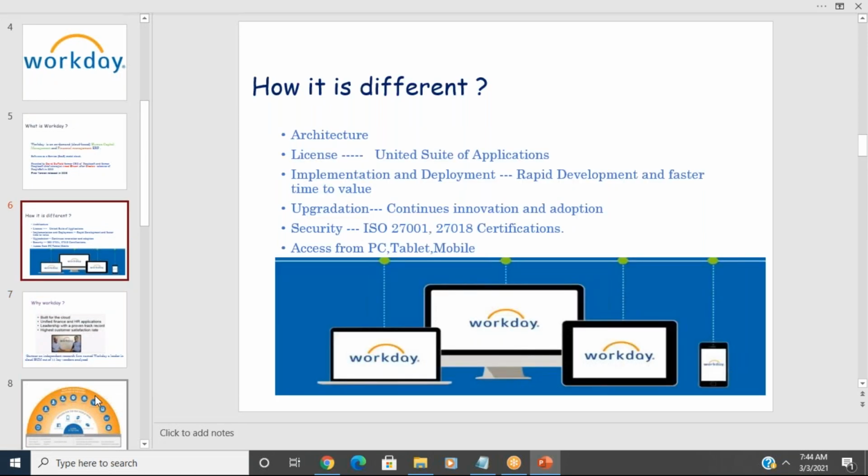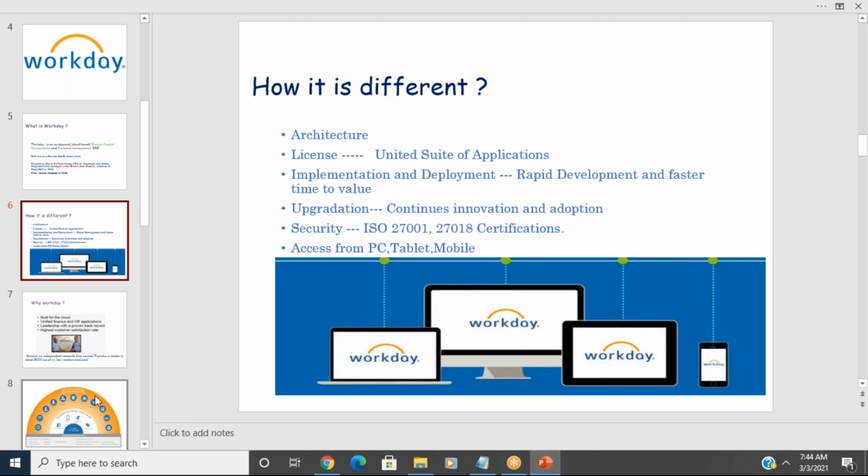So when we say upgradation does not require any extra charges, are we paying once a year for the licensing part, or just once in a lifetime? No, it's not lifetime. They charge based on months, every month. For these many features you have to pay, based on usage. This month you have 10,000 users, and next month, for example, you hired some extra, 11,000 employees, then you have to pay extra money.